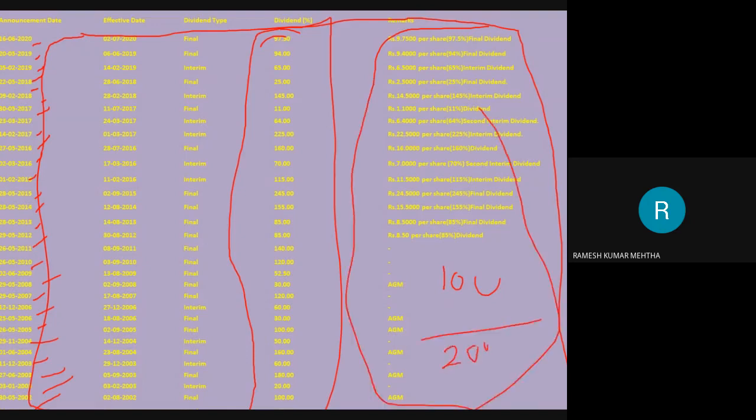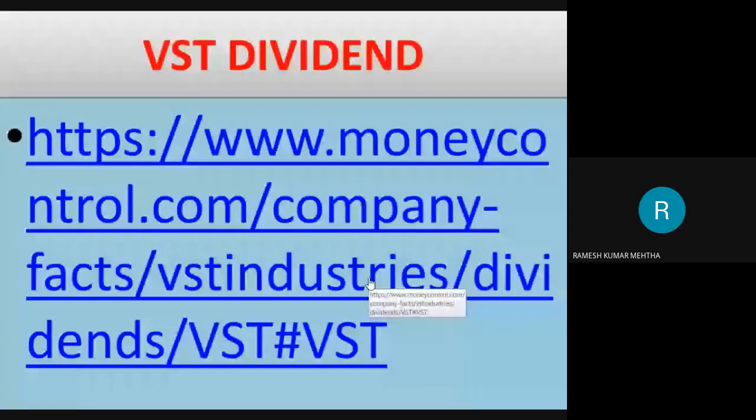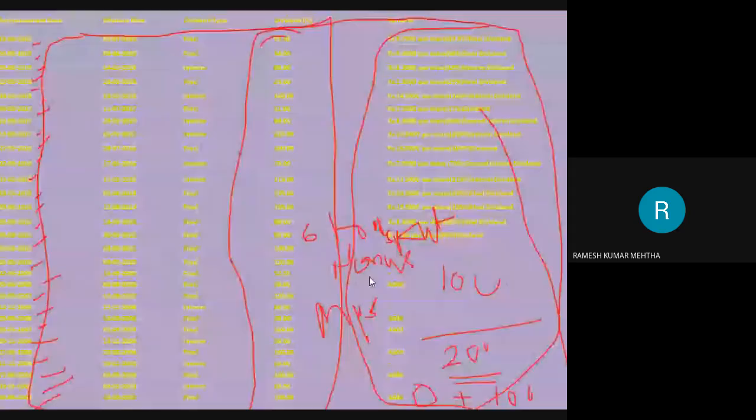Means what? If he has invested in the share of this company at 100 rupees, over a period of 20 years, he has got back his amount, and now the investment is zero, but he has earned a profit of 100 rupees, plus the market price might have increased, and the company might have declared a bonus also, and even the stock might have split also. So this is the way, looking at the historical data, you can understand whether the company is available at a really reasonable price or a very low price at which you can procure these particular shares from the open market.